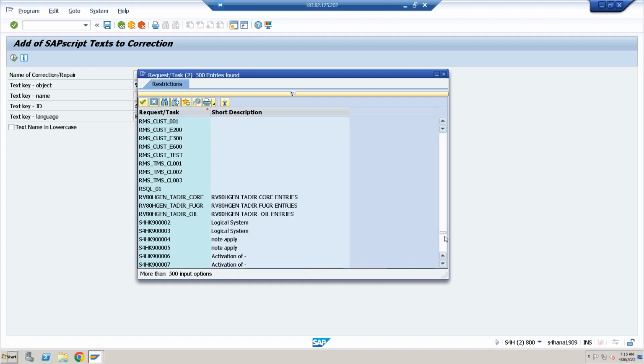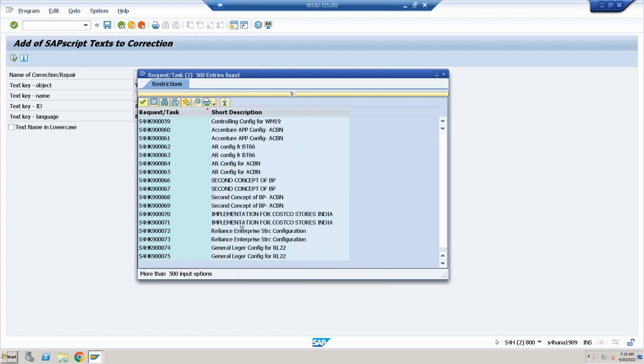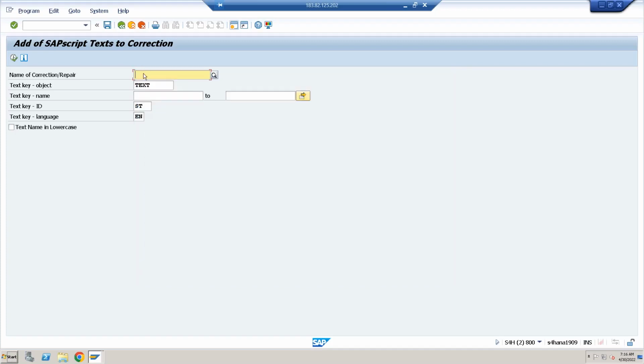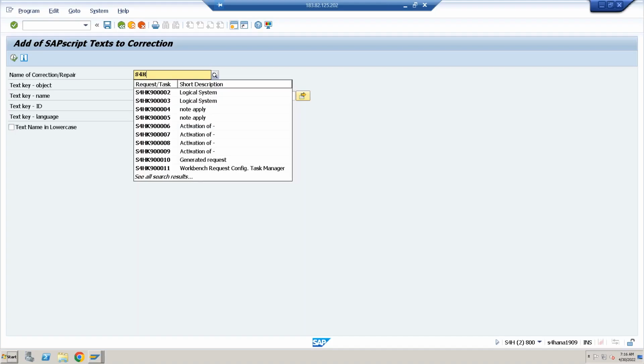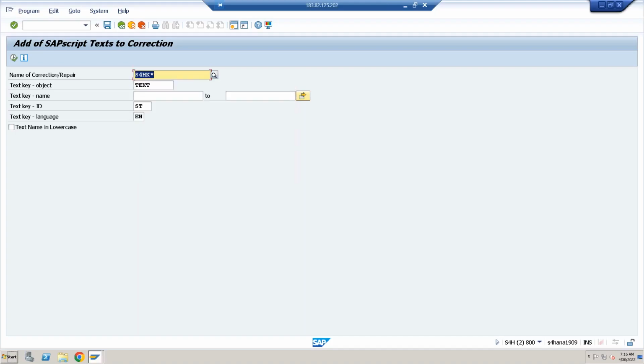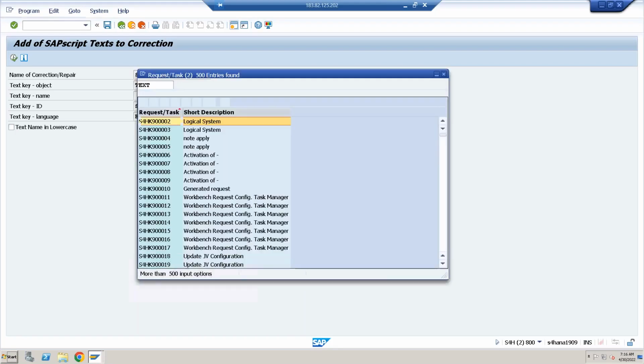To that, I can see. What is the task number? It is showing up to 500 entries. Okay, so I'm interested in what? More than 500 entries. Or else I know it will start with what? S4HK. Right? So I'll say S4HK. It will list out all the entries starting with what? S4HK. So if I scroll down,